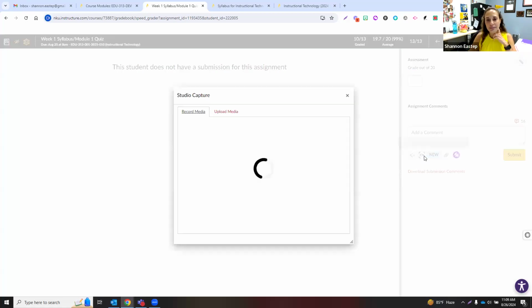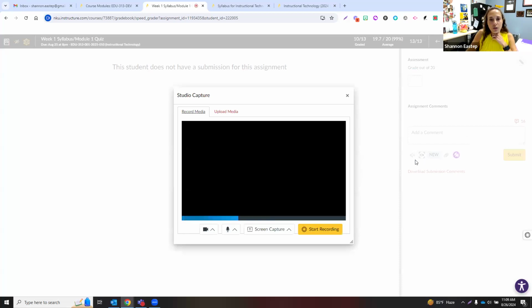So if I click on this, this is where you could record media. And so this is your video, this is your audio, and you can choose, it's not picking it up because I'm using it for Zoom, but it would automatically see your video that would pop up, or audio if you wanted to record an audio piece of feedback, which is why that blue bar is kind of bouncing because it's hearing me. Down here under screen capture, by default, it says disabled, meaning I don't want to show anything on my screen,